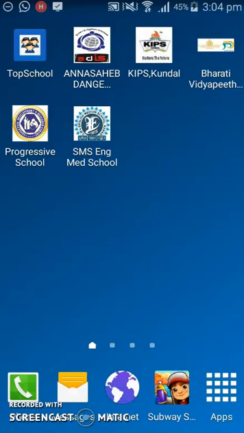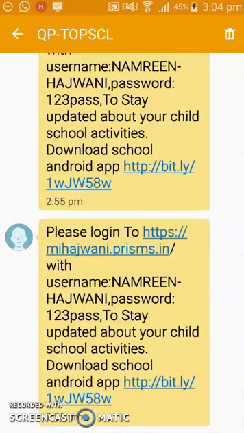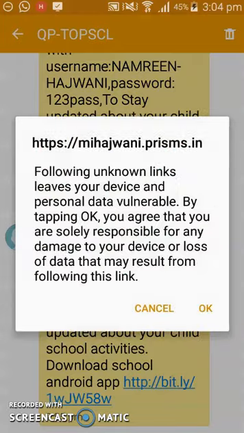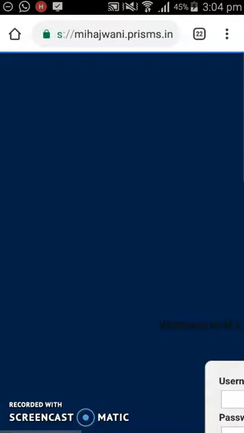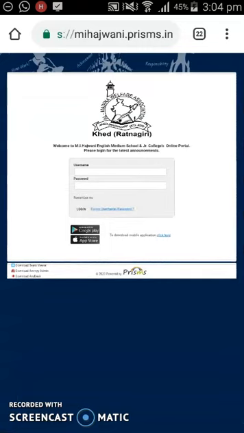Now, if you want to log in through the web, you can open the web URL of your school, which will be provided by the school. You can use this web URL in Google Chrome also to use it on the laptop. You will see the login window.